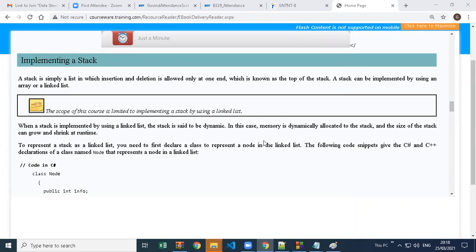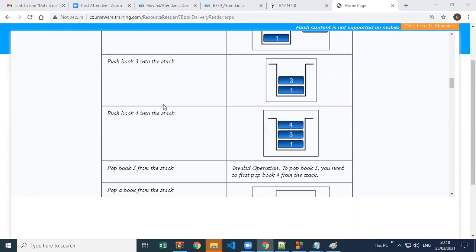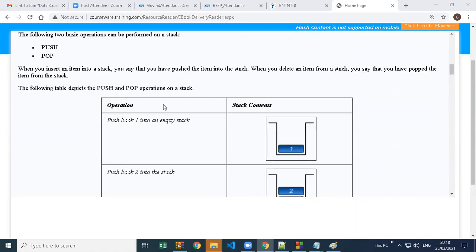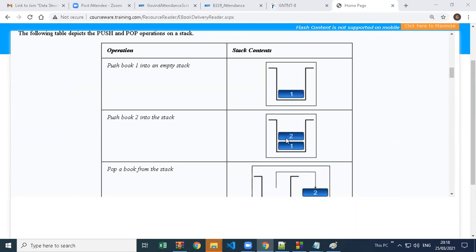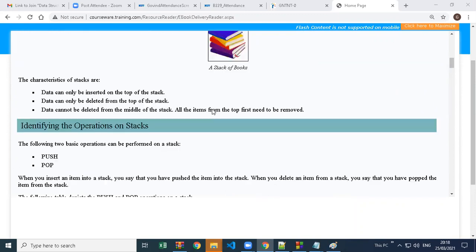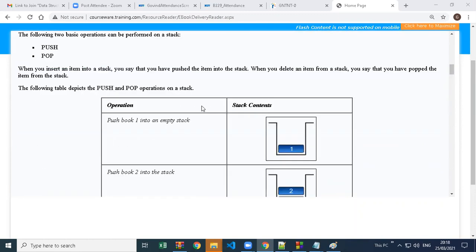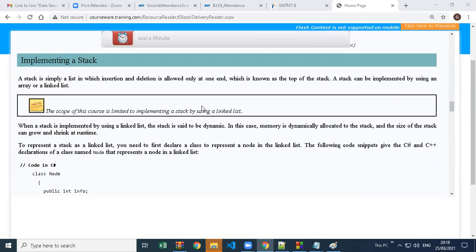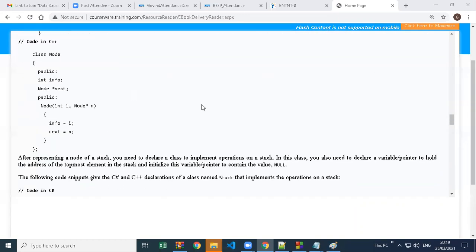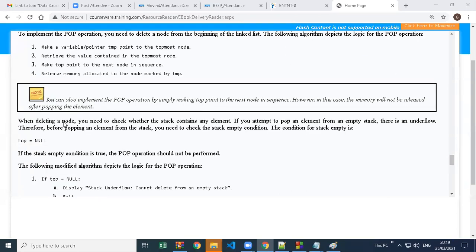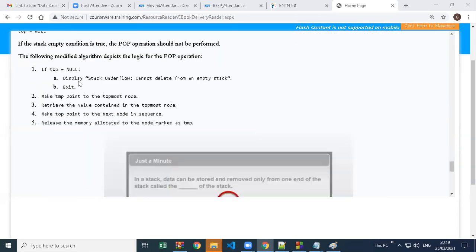And if you do it in the linked list, because if your linked list is representing stack memory, so when you remove, this part, the top part, is called beginning of the memory, okay, not front or not end. We'll call it beginning. Somewhere I think it's written here, where it is written: when deleting a node, you need to check the condition.